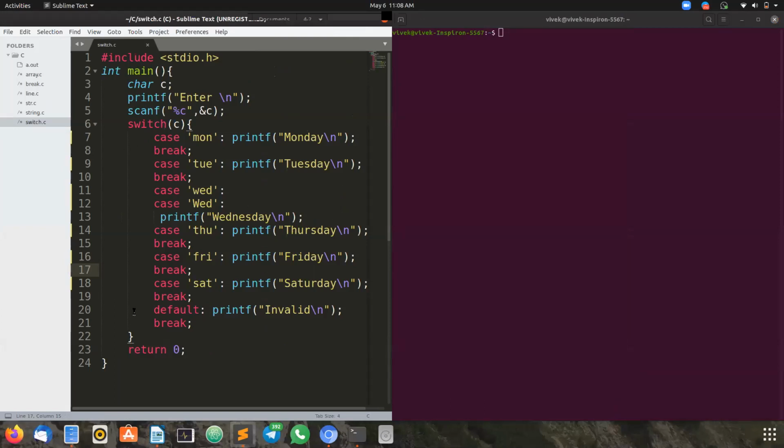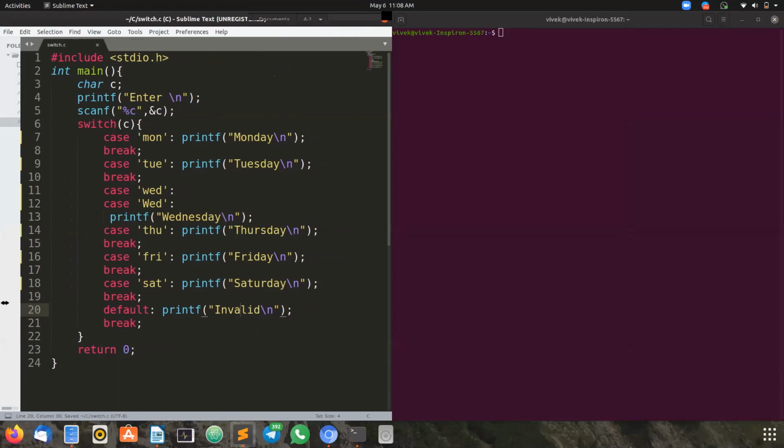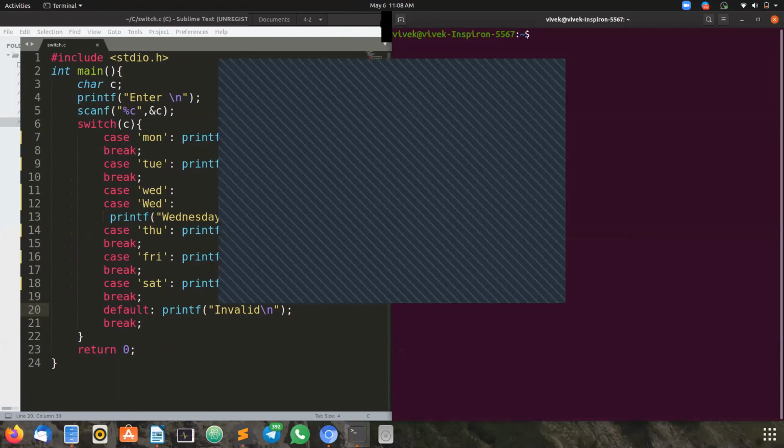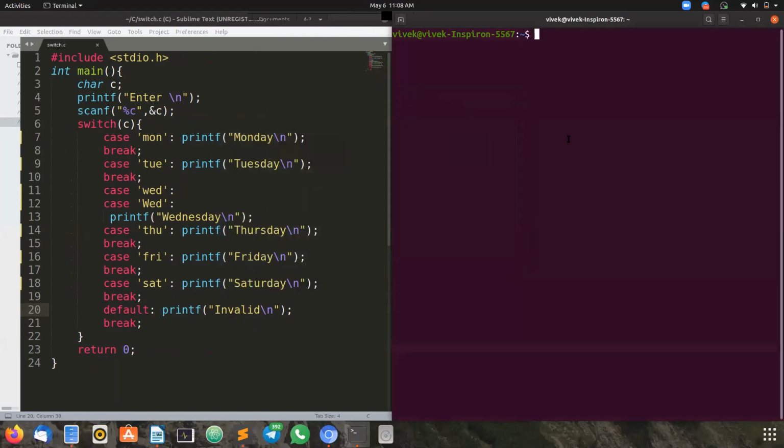What happens when we put more than one character in the case label? Can you see the output screen?